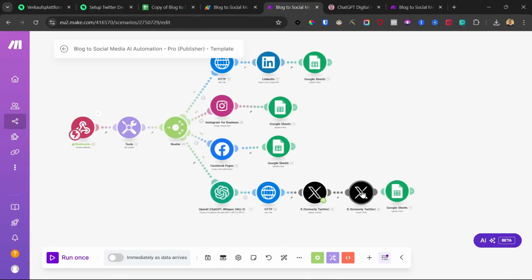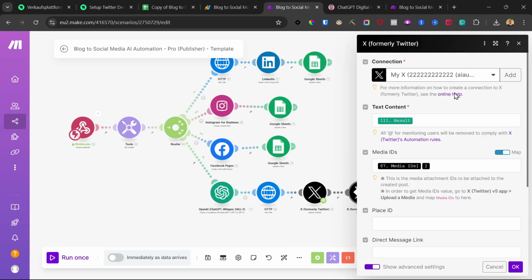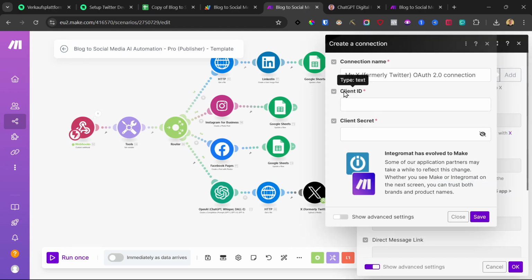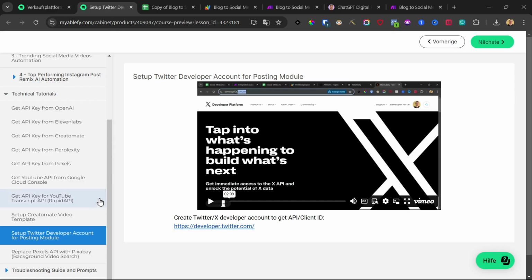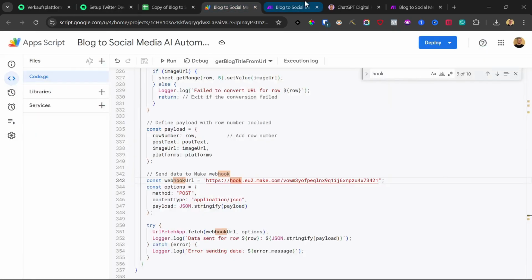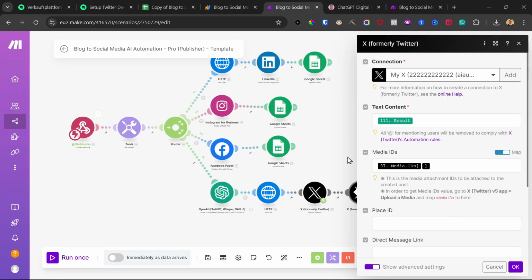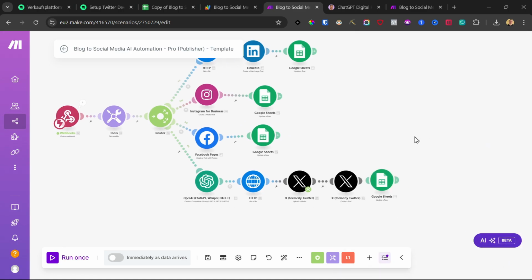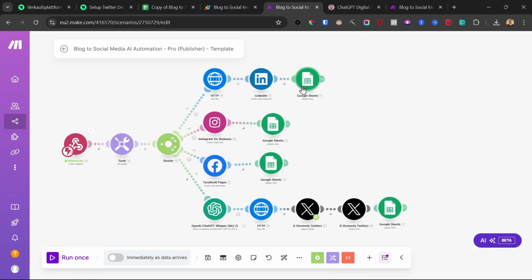And once you've done this, then you do something similar here, which is client ID and client secret again. That's covered in the same video. And once you've added your account here, so this is already, I've already done this, then the last thing we need to do is to set up the Google Sheet